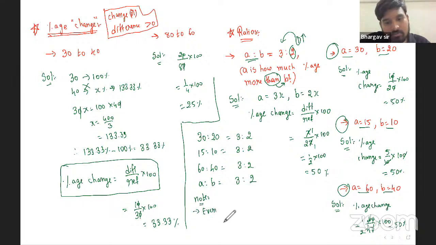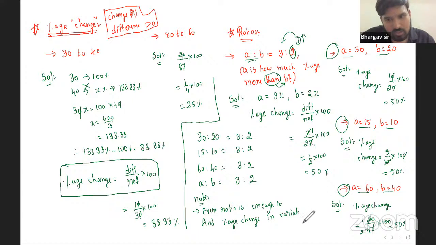Even ratio is enough to find percentage change in variables. We just need to know the ratio of the variables. Okay, this understanding that if you know the ratio, you can find the percentage change will help you a lot in lot of questions in arithmetic. Okay,